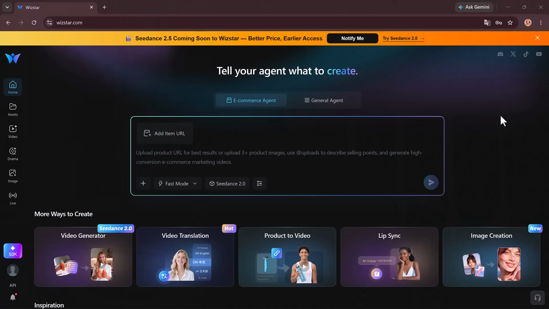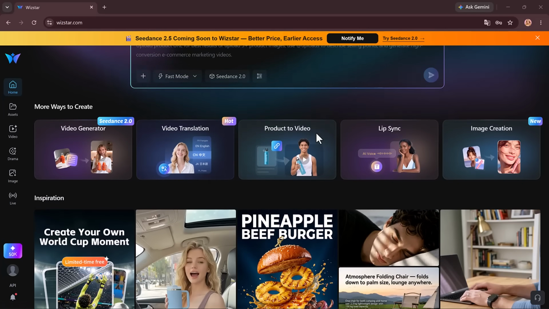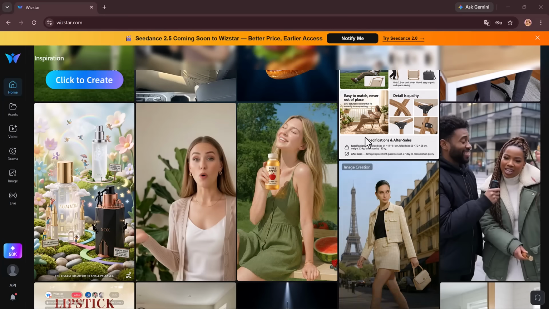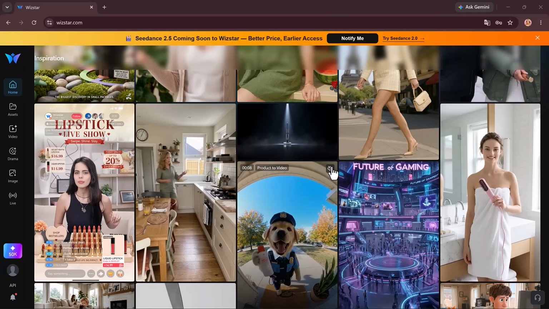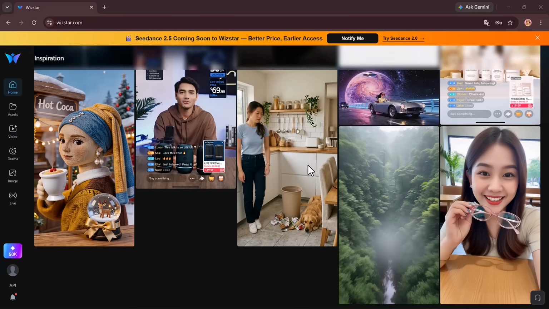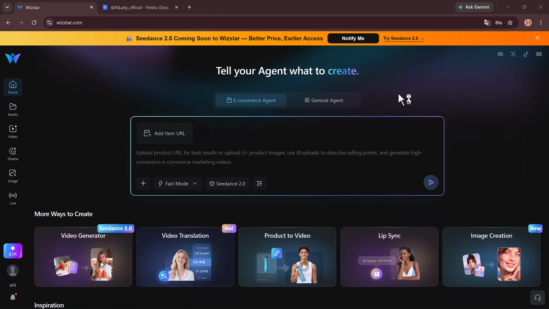It combines AI-powered product image creation, video generation, creative analysis, and multilingual localization into one workspace, helping businesses create professional marketing content faster and more efficiently. Whether you're launching new products, managing an online store, or creating content for clients, Wizstar helps simplify the entire production